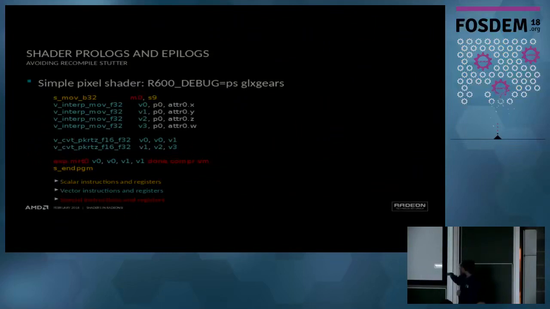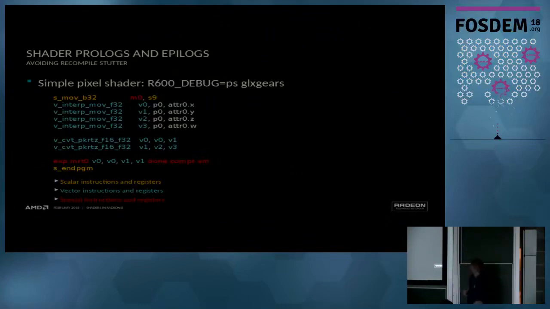Then you have vector instructions that convert, packing 32-bit floating point numbers as half floats by rounding to 0, RTZ, taking values from V0, so the 0th vector register, the first vector register, packing them together, storing the result in V0. And then one after that, taking values from V2 and V3, packing it into V1. And then